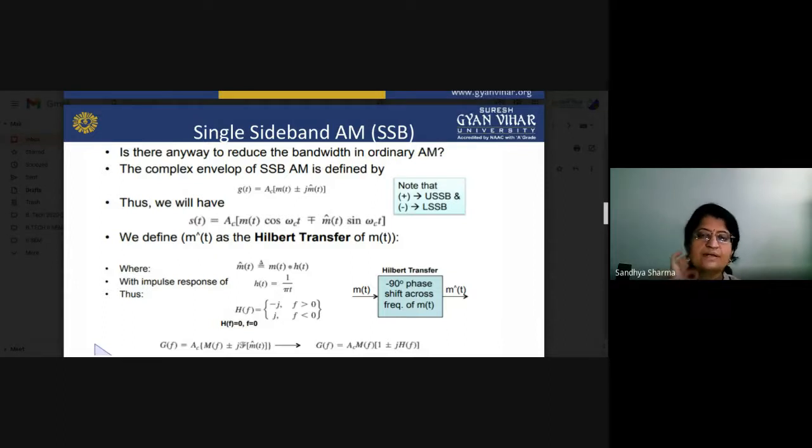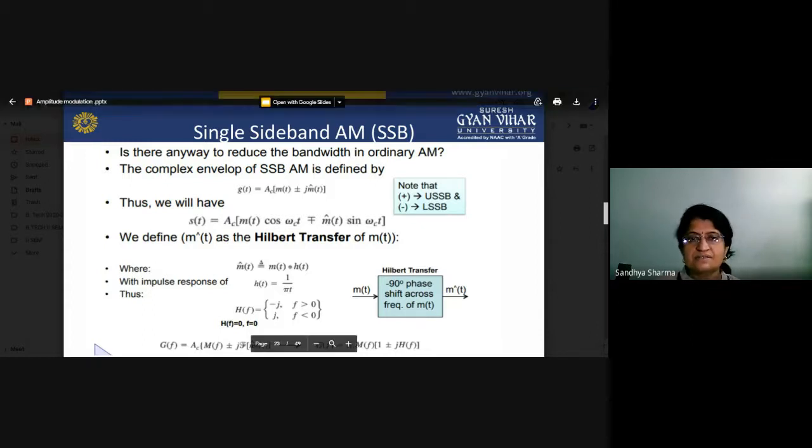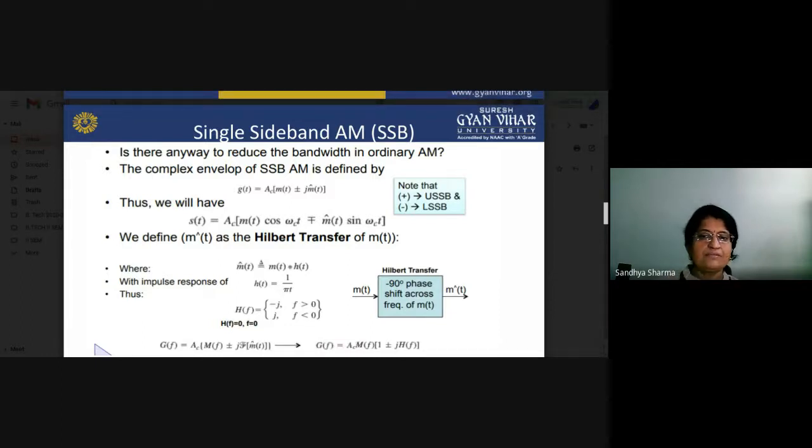What is the basic role of the Hilbert transform? If you apply the Hilbert transform, it gives a 90-degree phase shift to all frequencies in the spectrum. Suppose you apply the modulating signal, then every frequency of your modulating signal will be shifted by 90 degrees. This is used in our single sideband transmission system, with m(t) the modulating signal, m-hat(t), cos omega ct and sin omega ct. The same cos omega ct and sin omega ct signals can be generated with the help of the Hilbert transform.